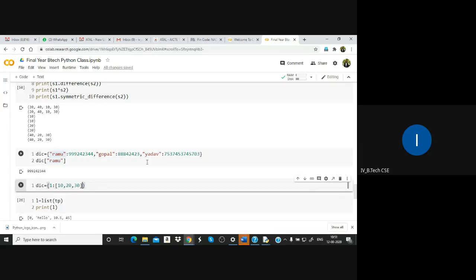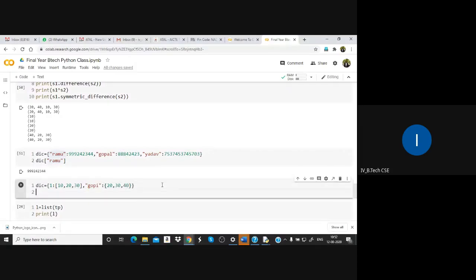And the second one, we can have a combination of types, Gopi, here as a string, with a list 20, 30, 40. Keys must be strings or numbers or some immutable type, but duplicate keys are not allowed. Duplicate keys are always problematic, as in general life also.